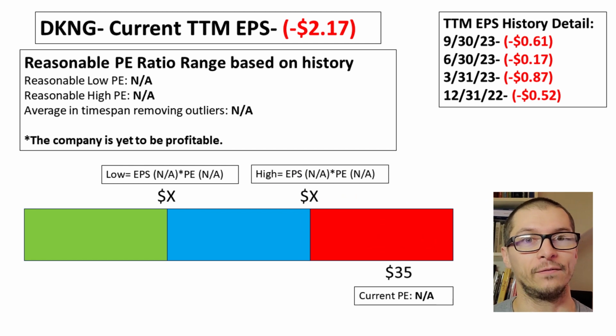To begin, I have at the top DraftKings current earnings per share for the trailing 12 months, totaling a minus $2.17 per share. The quarterly earnings making up that figure is in the top right. Once this was calculated, I pulled the company's past earnings and PE ratio results, finding a few items, but most importantly, this company has yet to reach profitability. Therefore, we are unable to calculate a fair price range using this metric, and will need to rely on its